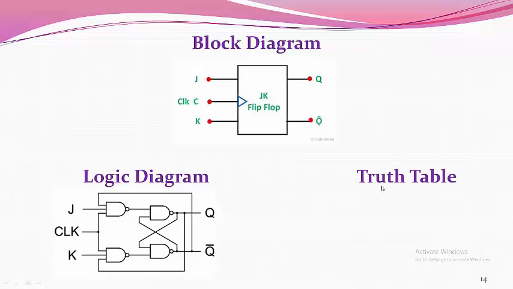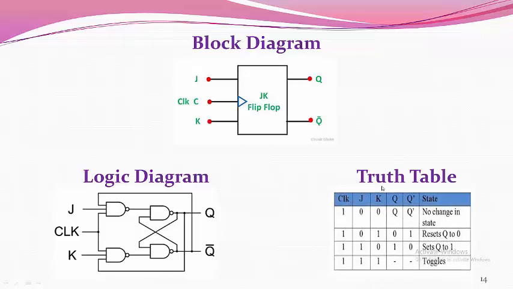Now we will see the truth table, that is nothing but the function of this particular JK flip-flop. Here the clock signal we are applying is 1, that is the high position. These are the present inputs J and K. As this JK flip-flop has two inputs, it has 4 possible values, that is 00, 01, 10 and 11. And after the application of these values, we have to find the present output value of Q and Q bar.